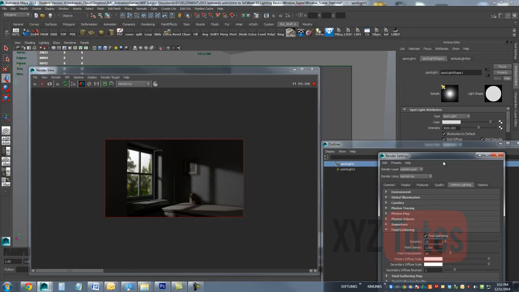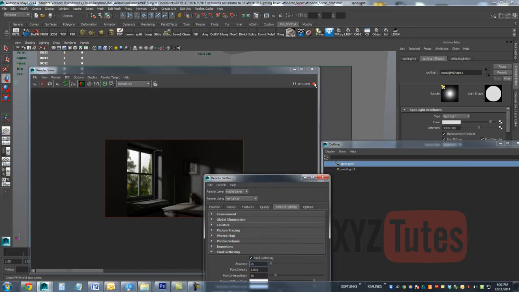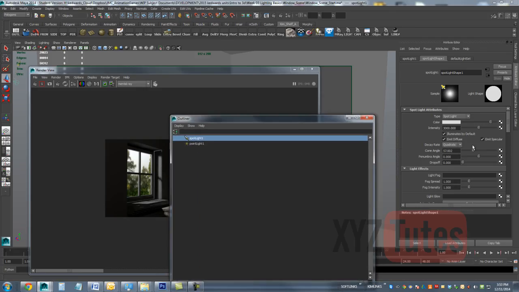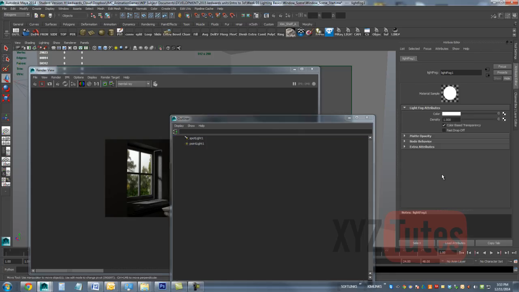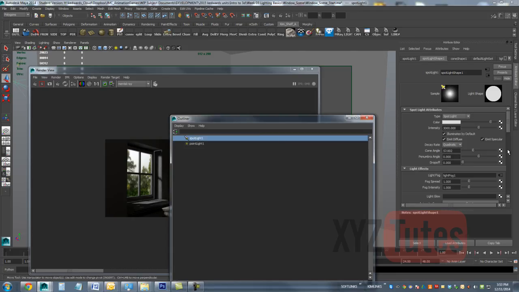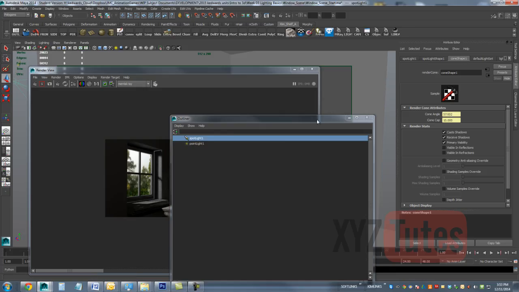So to do that, we're going to grab our spotlight. I'm just going to turn the final gathering off for a moment. So I'm going to grab the spotlight and we're going to do a few things. Here under light effects, I'm going to click on the image swatch and it's going to put this light fog in there, which is great. And then I'm going to just grab that spotlight again and go to the cone shape here,